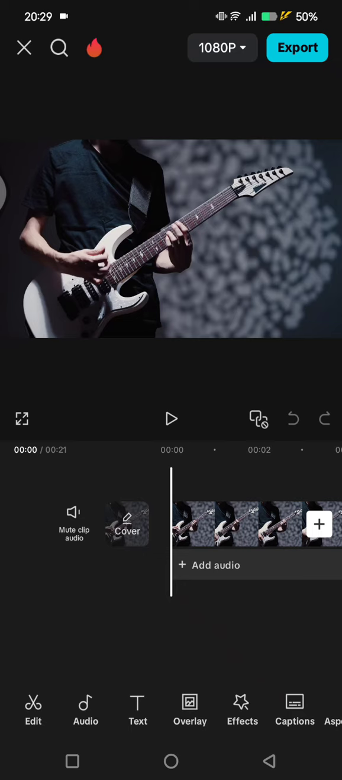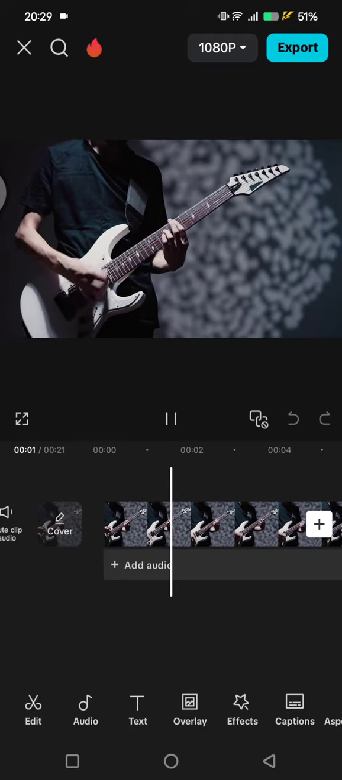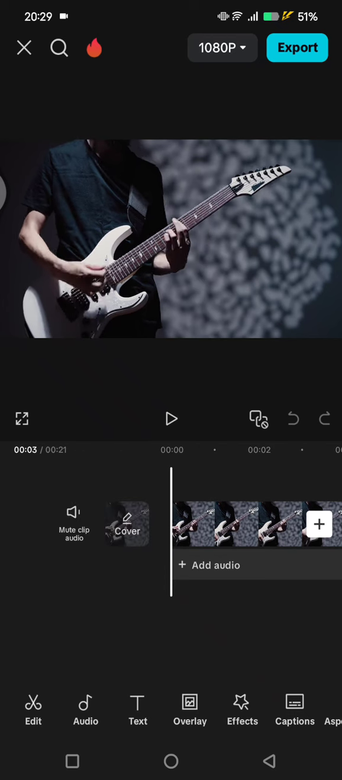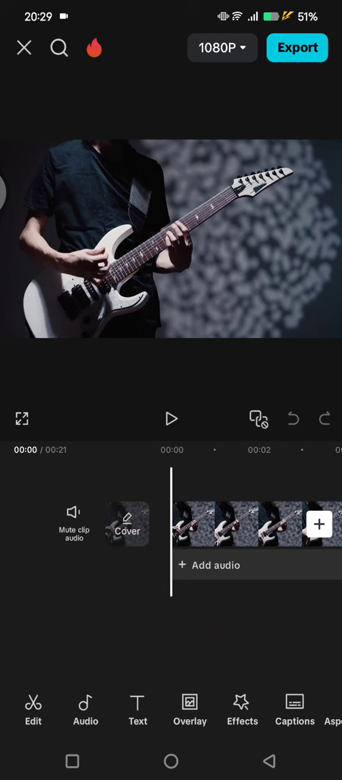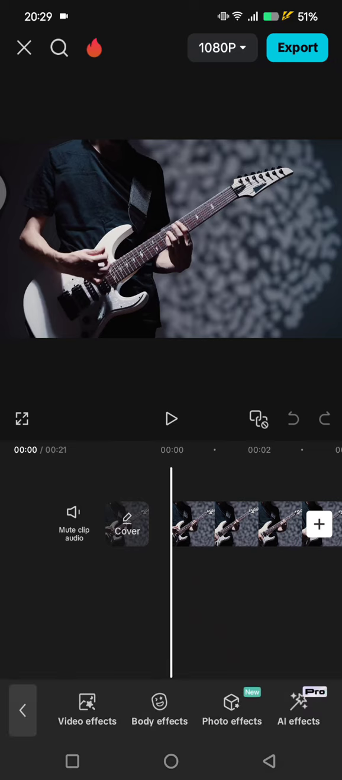On today's tutorial, I'm going to show you how you can add a countdown effect to videos in the CapCut app. So first, you can just start by adding the clips that you want to edit, and here to add the countdown effect, you can just select the effect first on the video effect. So click on effects, tap on the video effects,